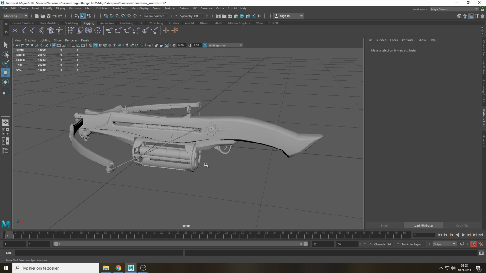One would be having all the parts as a separate mesh that you can just animate by moving or rotating, which is okay, but you end up with like 16 different meshes, which is super inefficient when it comes to a game engine. The second way would be using blend shapes, which is fine, but you lose control over it, because if you want to add a certain animation, then you actually need to make a new blend shape and plug it in, and it's a little bit tedious and it doesn't give you that much freedom. And the third way that we're going to do is using joints to actually rig, like hardcore rig,